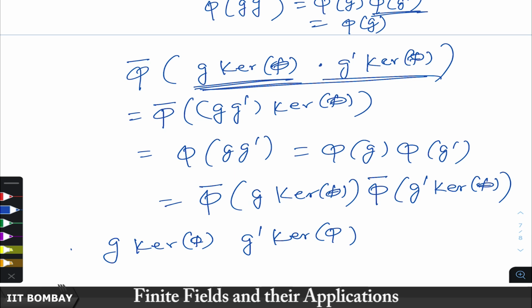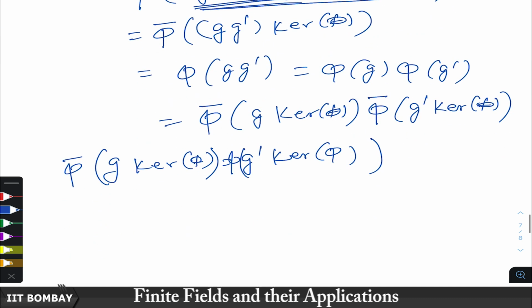And if you take phi bar of this, so you want to say that phi bar of this is the same as phi bar of this. Then what does it mean? It means that phi of g is equal to phi of g prime, which would mean